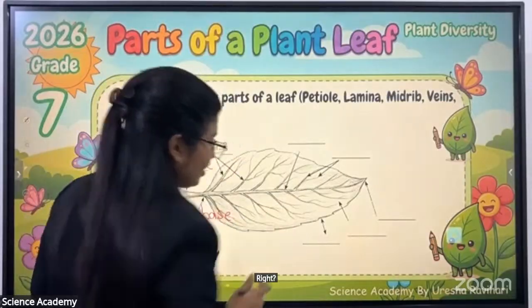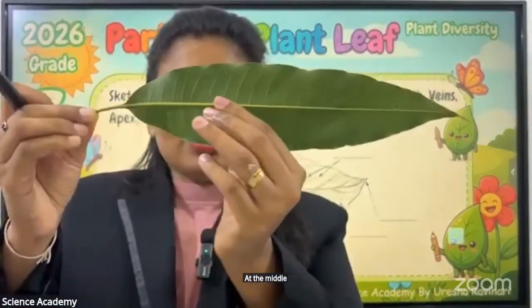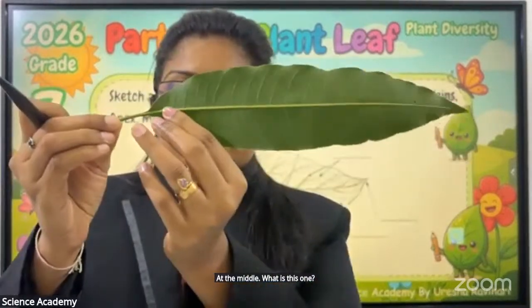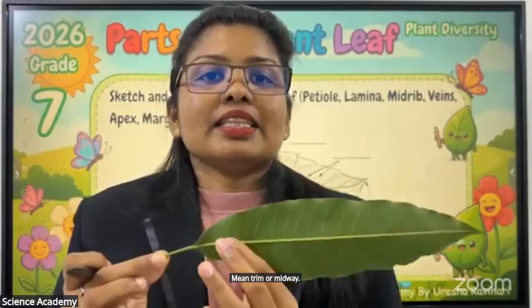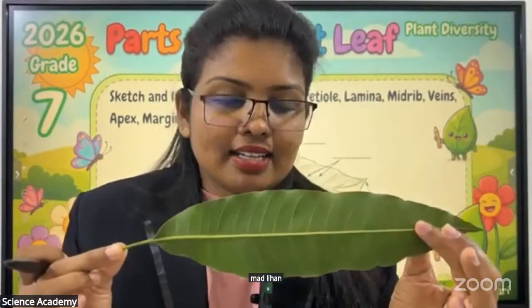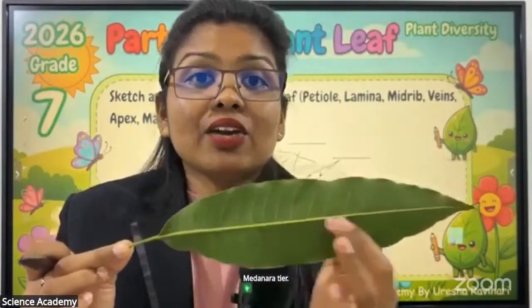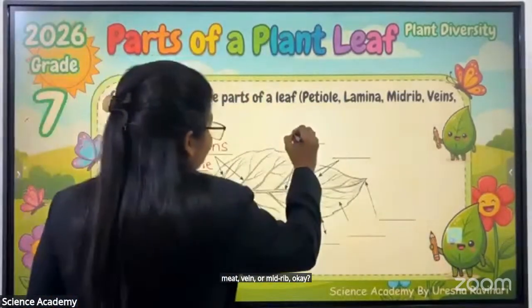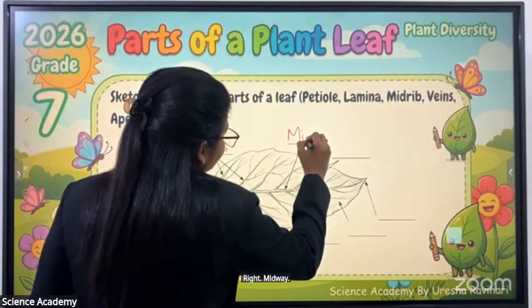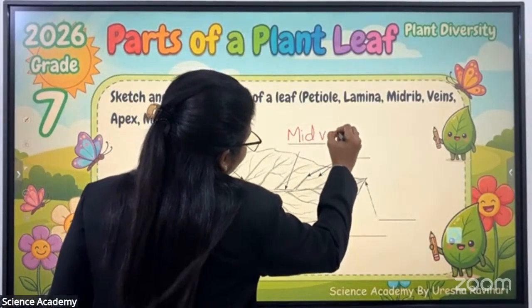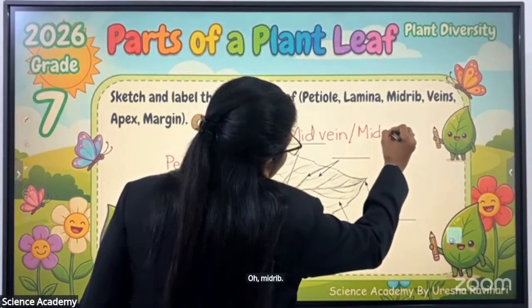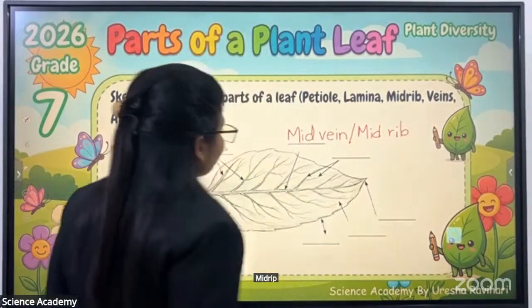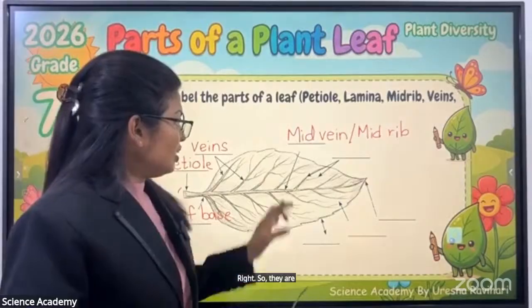A bit lengthy one at the middle. What is this one? This is called the mid vein, or mid rib. Madhyanaratiya. Mid vein or mid rib. So thereafter, children, you can see